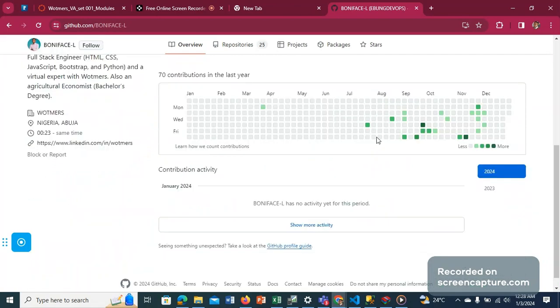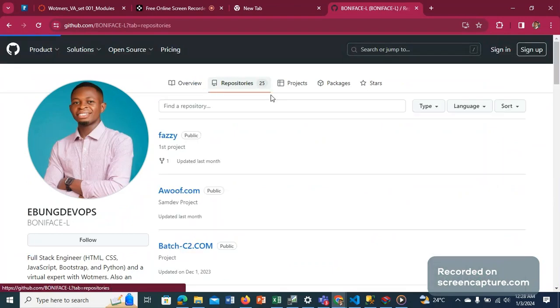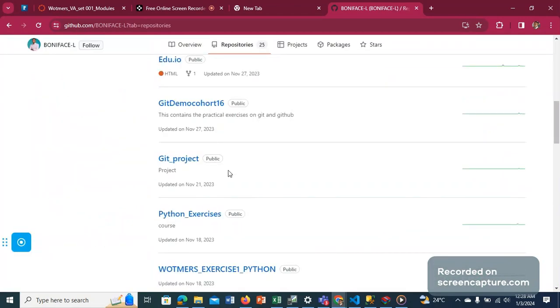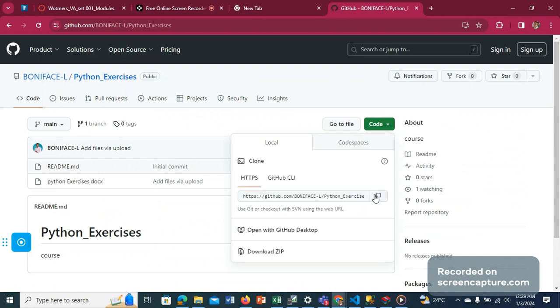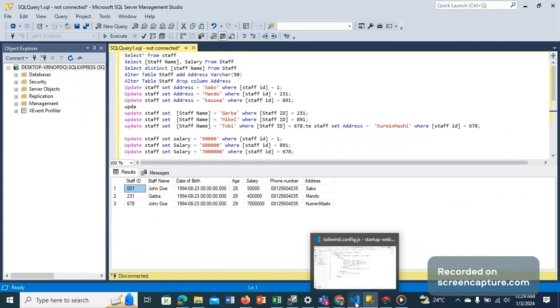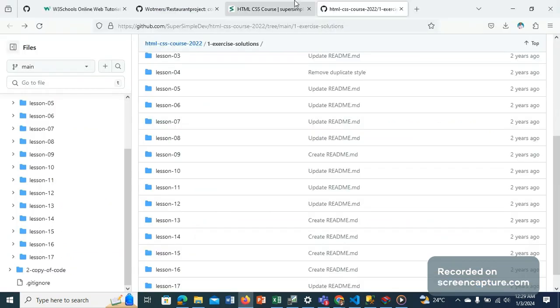So let's assume that because she didn't send it to me, I'm not going to use any real repository. So let's assume this was it, or let's say this, for instance. And then I get to the code to copy. Let's assume this was what she did, right? And then she sent you this link for you to work on what is in the link, maybe through your WhatsApp or something. So what you do is when you copy that and open it,